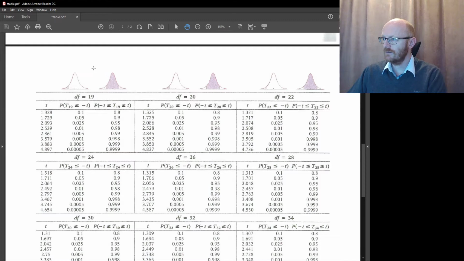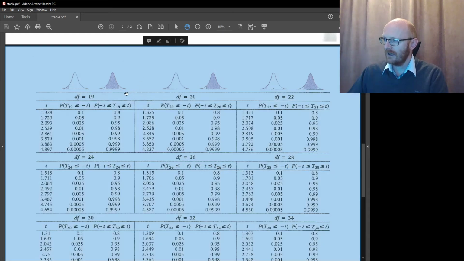And what we want to do is we want to find the area under the curve, which corresponds to 95% of the area, because we want to be 95% certain to include the true value of the slope, which means that we are looking at the 5% significance level,